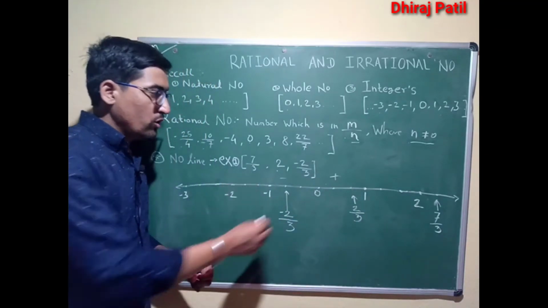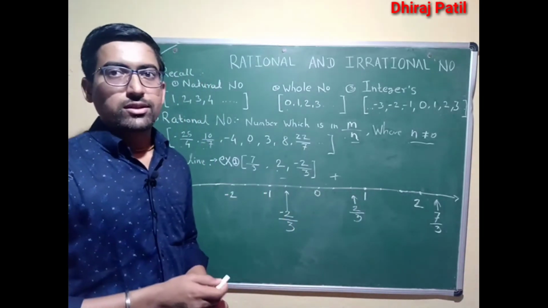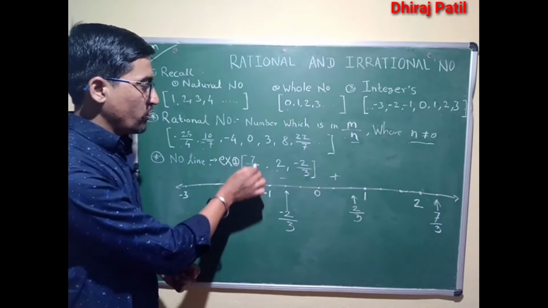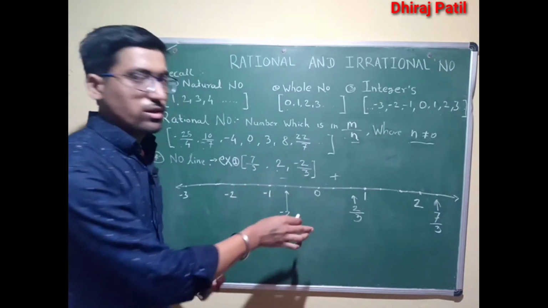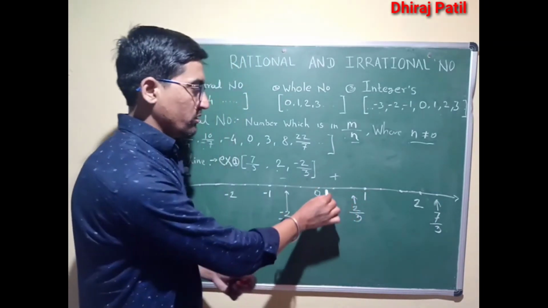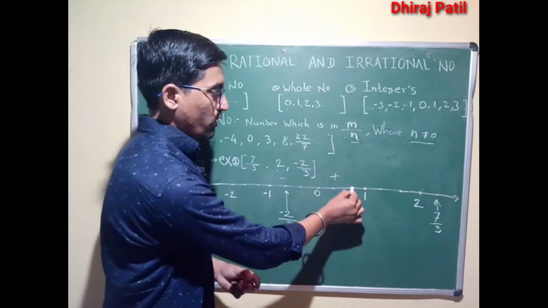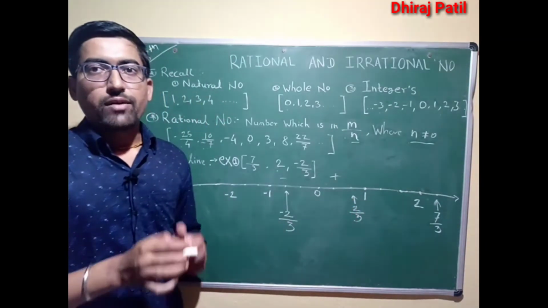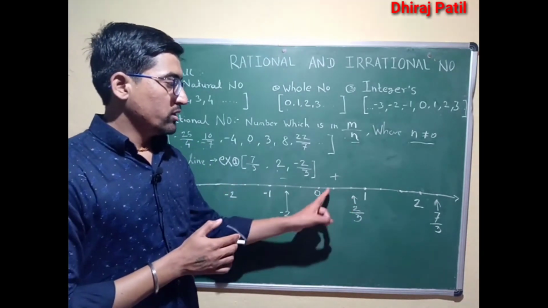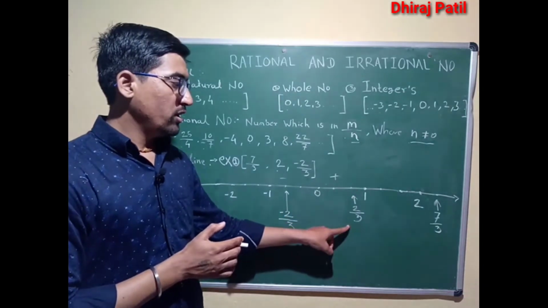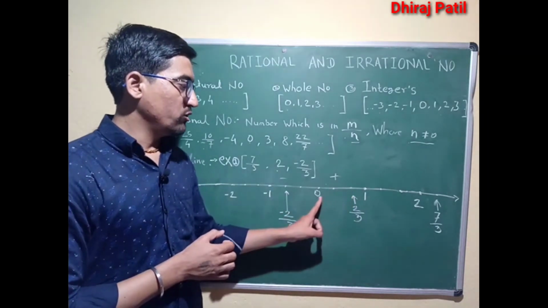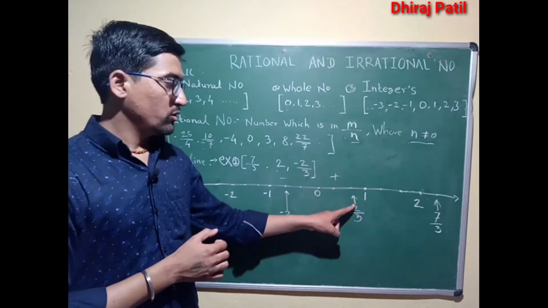So friends, 0 to 1 is our 1 unit. The value from 0 to 1 is 1 unit. Here, for 7 by 3 and -2 by 3, I have divided 1 unit into 3 segments: 1, 2, and 3. It means our value 2 by 3 is shown on the number line in the form of segments. The position of 2 by 3 from 0 is here: one segment, second segment, so 2 by 3.